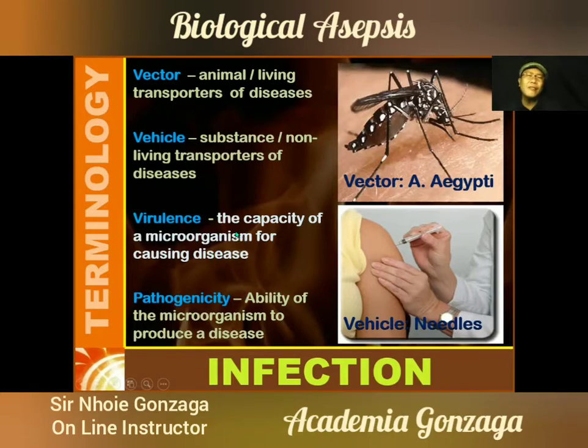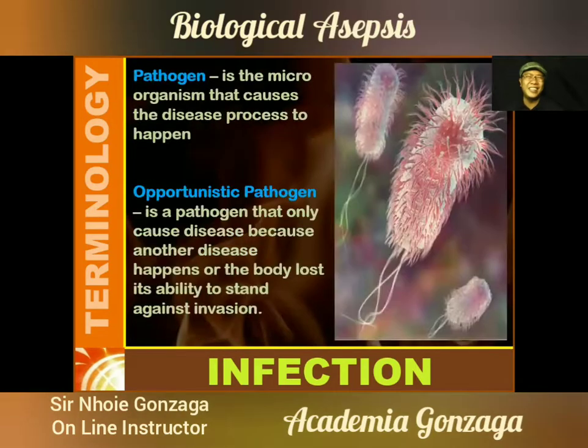So therefore, if a microorganism transfers from one person to another, maybe by virtue of a cough, and the virus is not enough, the body will be strong enough to defeat this virus. So it is very possible that microorganisms with weak virulence will not cause pathogenicity, meaning it is possible that even if you are infected, but the infection was caused by a weak virus or a weak bacteria, your body will be good enough to defeat that, and there will be no disease that will transpire. Okay? Very well, let us continue.